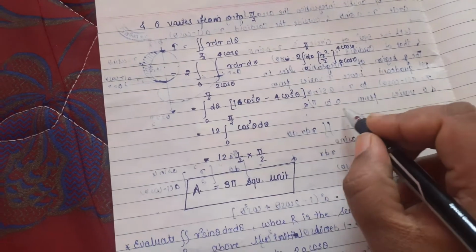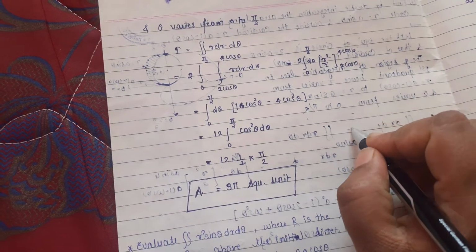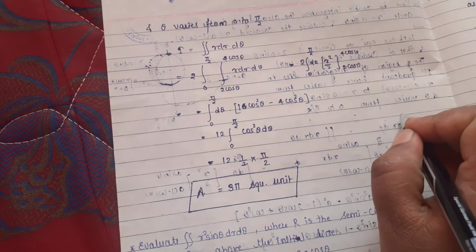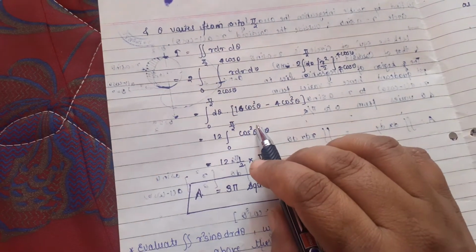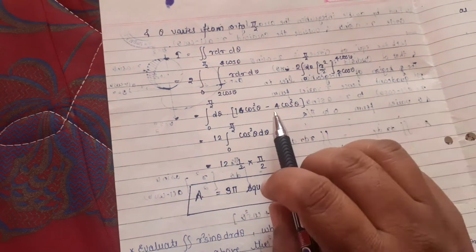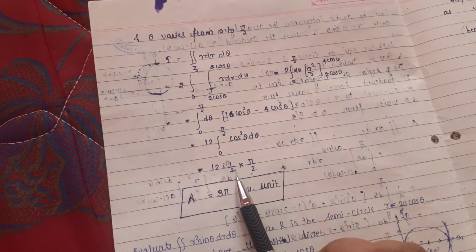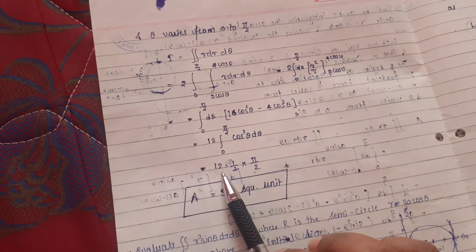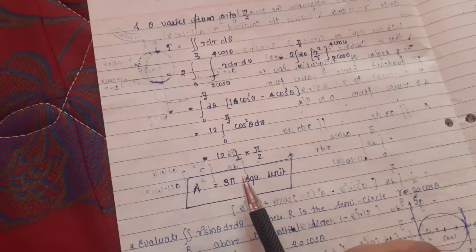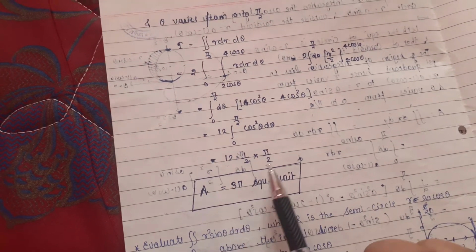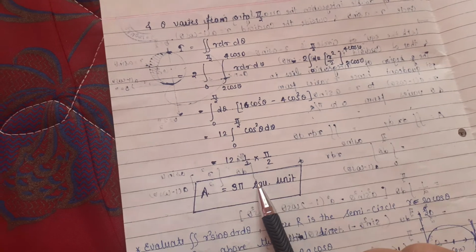We know the reduction formula: n minus 1 upon n goes on decreasing, and the last term is 1 if it is an odd power, and it is pi by 2 if it is an even power. So it is an even power, so pi by 2. Then 2 2s are 4, 4 3s are 12, so that is 3 pi square unit. Hence the area lying between these two circles is nothing but 3 pi square unit. So in this way we can consider the area between these curves.